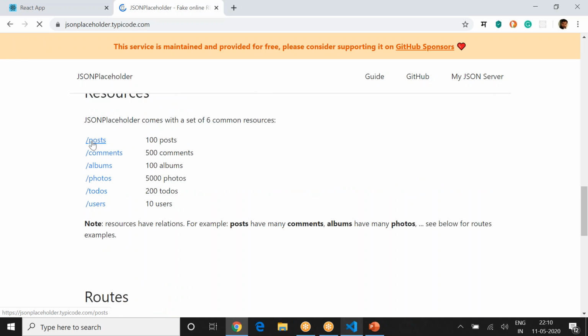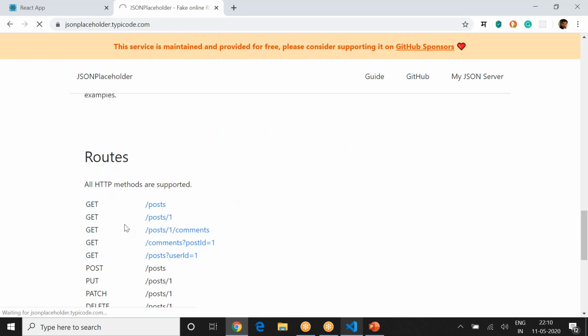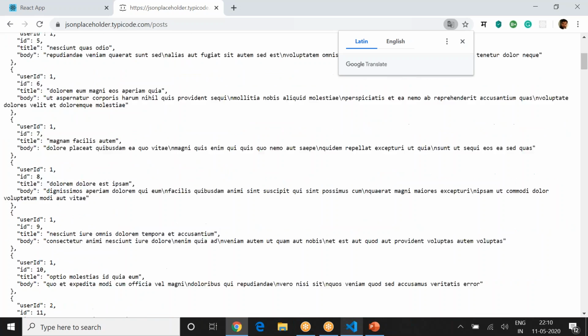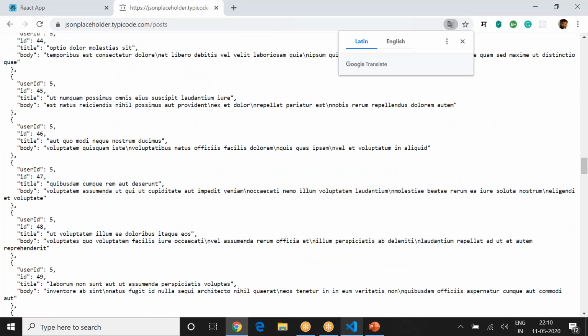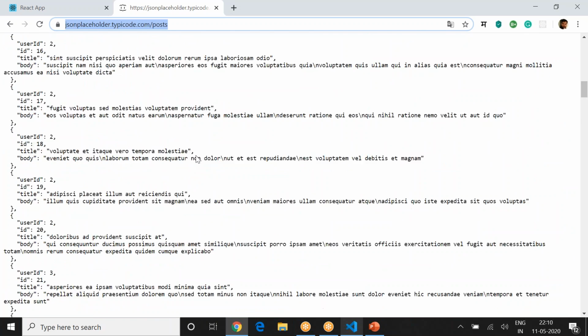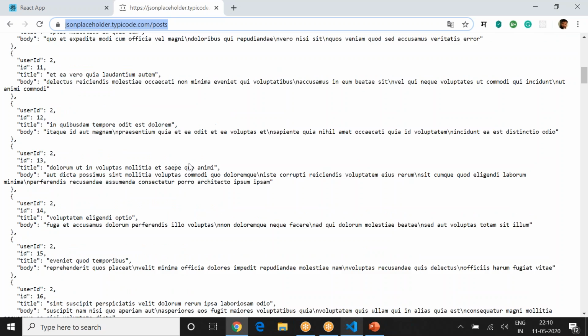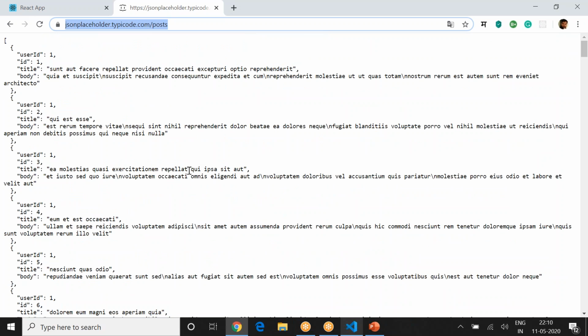So now let's load the comments or posts or albums, whatever you like. Let's use posts. Open this. Once you click on this, this is a JSON call for getting the request. You can see that there is a GET request called posts, and you got this entire JSON response back. So I'm going to use this particular URL and get the data. Cool with this? So let's go ahead and add that in our link. But how do we call it? For that, we're going to create a JS file, a component which will load the data for us. Let me do that.